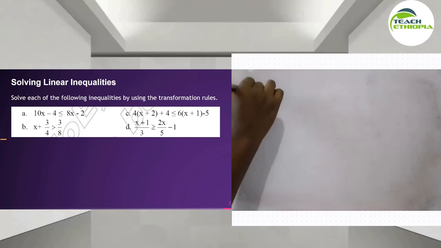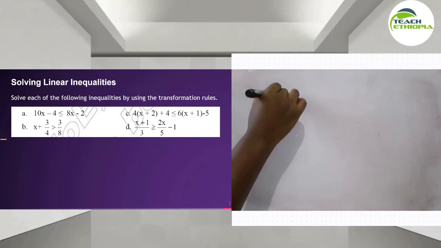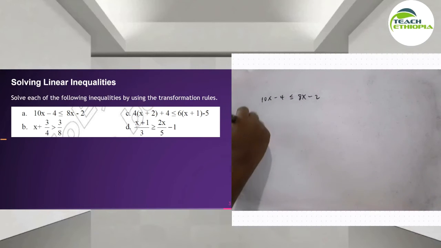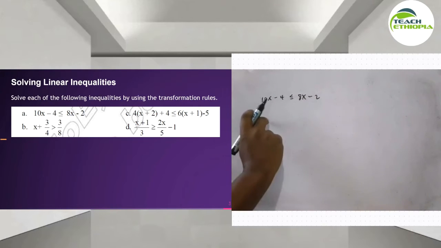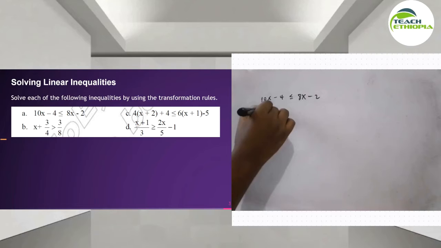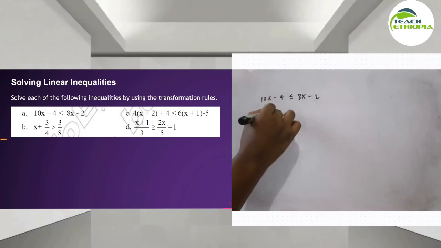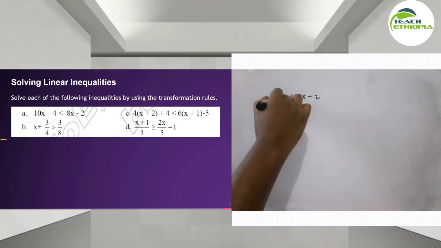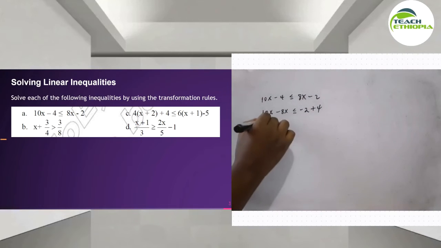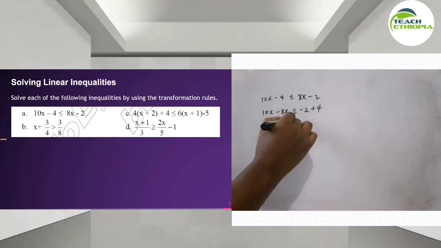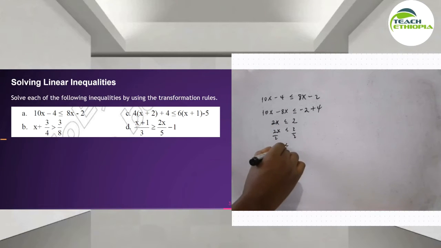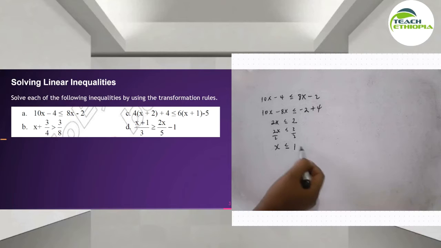Okay. So የመጀመሪያው ጥያቄ 10x minus 4 less than or equals to 8x minus 2. ስለዚህ ይህን እንዴት ሶልቭ ማድረግ እንችላለን? ላስት ታይም እንዳየነው let's collect like terms. so እዚህ ጋር 10x አለኝ። ስለዚህ ይሄን 8x ወደዚህ ላምጣው። ፕላስ ነበረ፣ ወደዚህ ሲመጣ ማይነስ 8x ይመጣል። minus 4 ነበር፣ ወደዛ ሲሄድ it's going to be plus 4 ይሆናል። ስለዚህ this is going to be 2x less than or equals to 2. ስለዚህ 2x less than or equals to 2, over 2 over 2. ስለዚህ x is going to be less than or equals to 1።